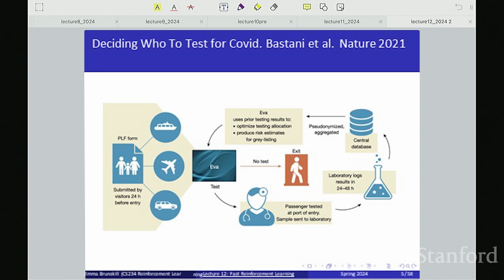It's batched. What I mean by that is that, and we'll see this more today, you don't get to make a decision after every test or not test. You don't see the result immediately. So what happens here is that, say, 200 people fly in on a plane, you have to decide for every single one of them whether or not you're going to test them. And then you wait 2 days. So it's this delayed feedback, and you have to make a decision for everybody before you get to observe that feedback. And so that makes it quite tricky, and we'll talk more about why that might be tricky for some of the upper confidence bound algorithms we've seen so far.